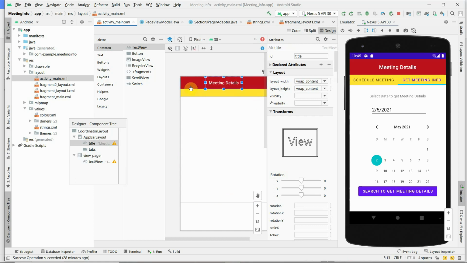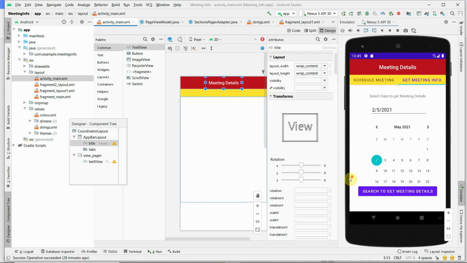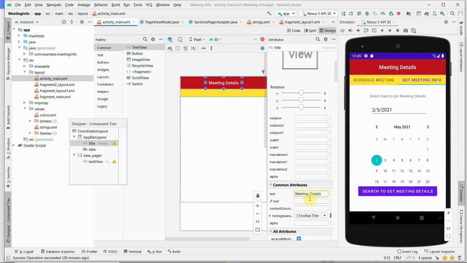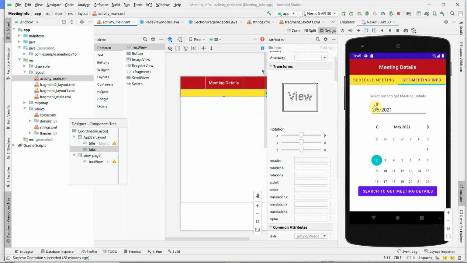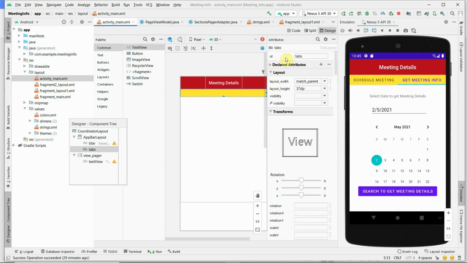To change the app name, you can change the text of the app name here using the property as meeting details. As well as you can change the background color of this, and of these tabs. To the tabs also you can change the background color.